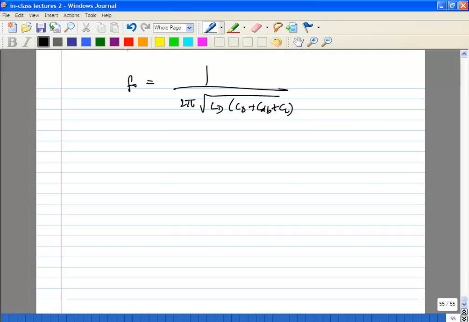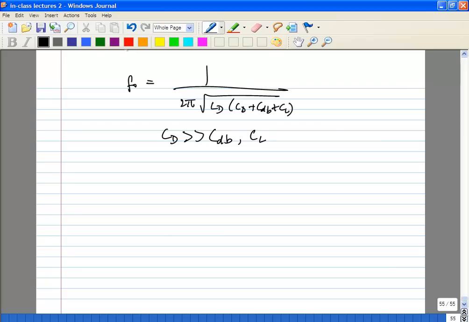Okay, normally what you want for good operating conditions is to make sure your circuit's resonant frequency is not very sensitive to parasitics. You need to make sure CD is definitely much greater than CdB. Okay, you don't want it to be sensitive to your transistor size. The parasitics may vary with your transistor size, with your bias conditions and so on. You don't want to do that.